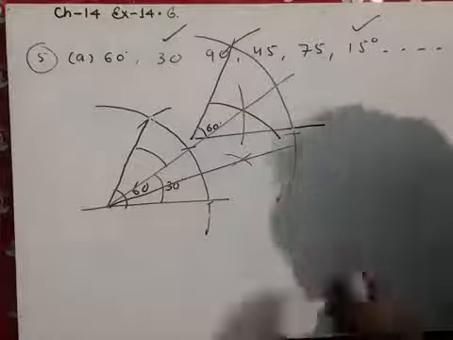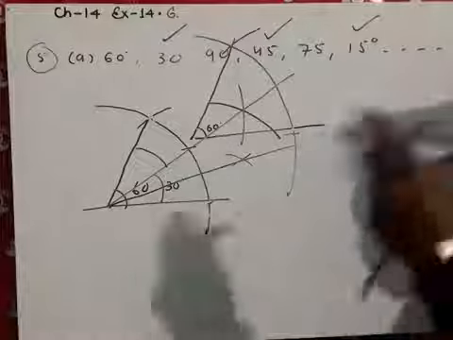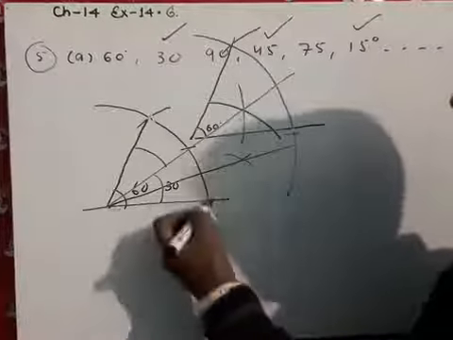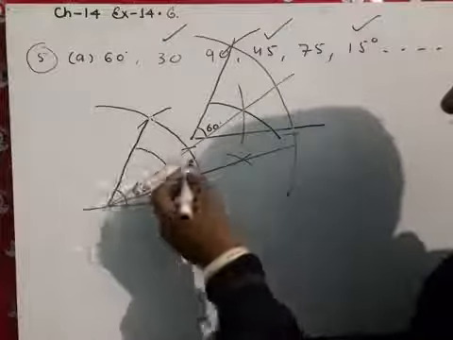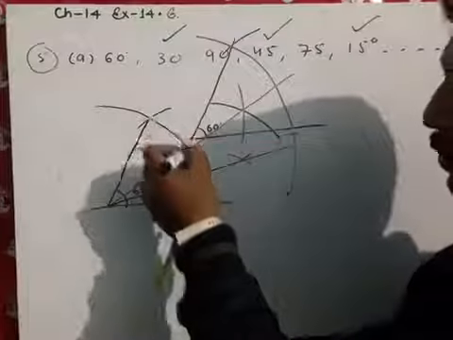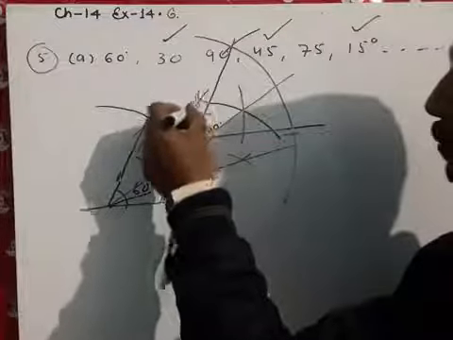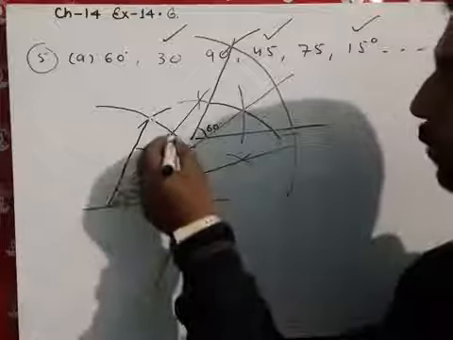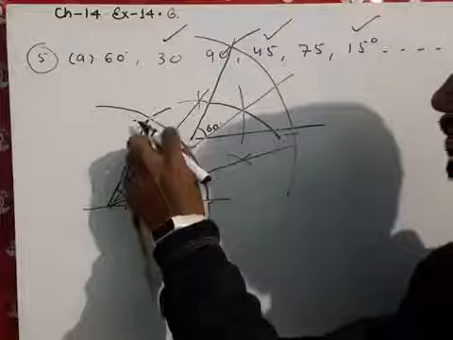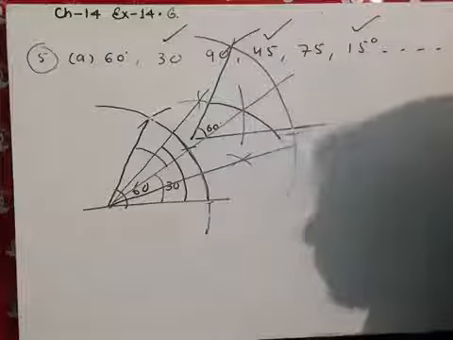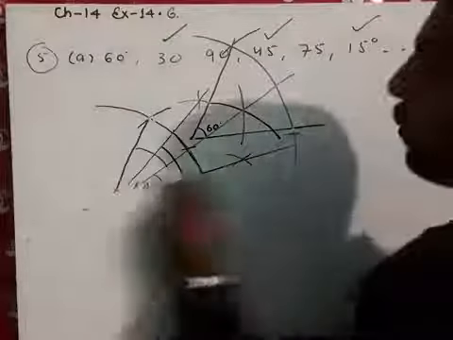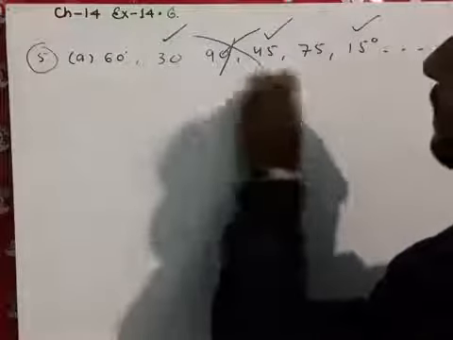And suppose you want the angle of 45 degrees. I am telling you the first method to get 45 degrees. Here first we get the 60 degrees, then we divide it and get 30 degrees. Now we have to bisect this portion, and then you will get 15 degrees. So from here to here, this angle is 30 and this one is 15, so the total will be 45 degrees. By this method we can get the angles of 60, 30 and 45 degrees.